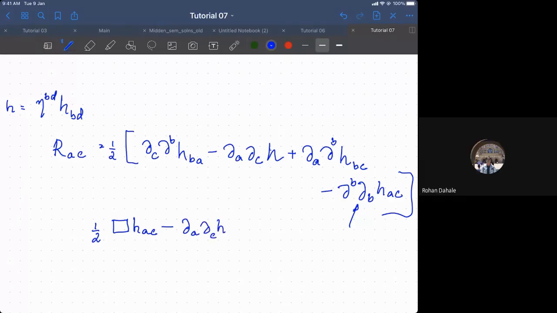Sir, how did you get from del B del D of HAC? Then you multiplied by eta BD and then it became del B and then del B of HAC. So B got contracted. Yeah, contracted. Now our metric is eta AB, because GAB has a next term which is first order. This is already first order in the linear approximation. Eta AB itself is acting like a metric. So that is why you are just getting contracted in the partial differentiation.